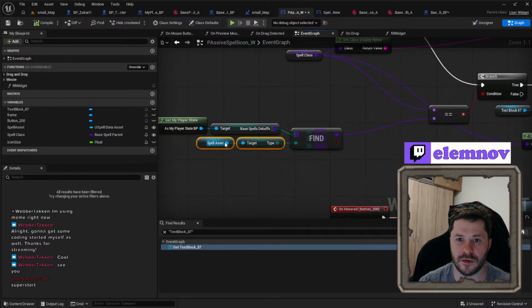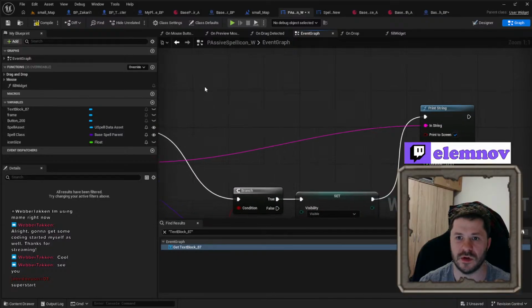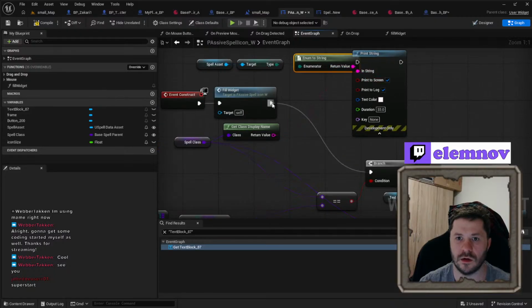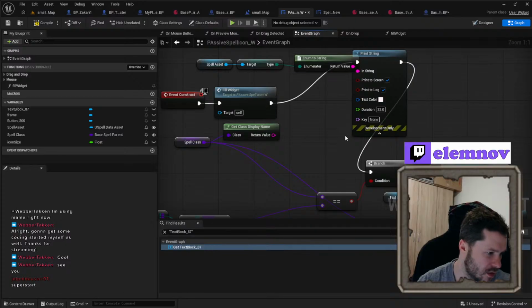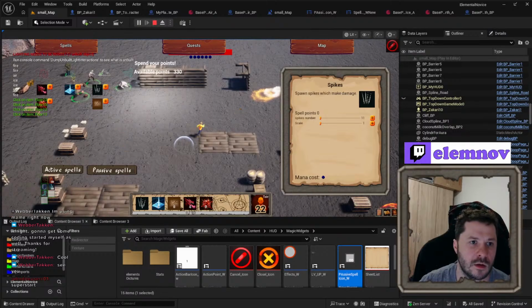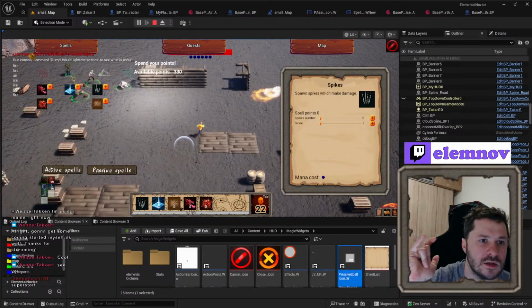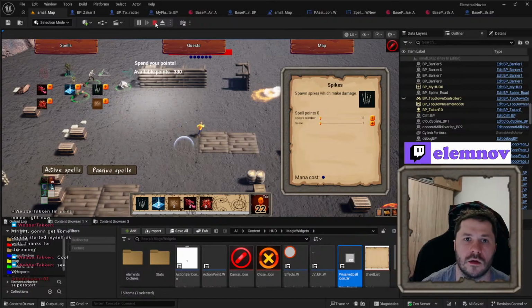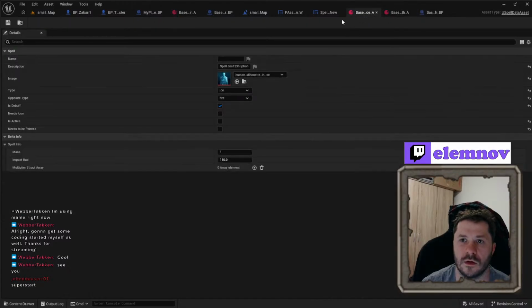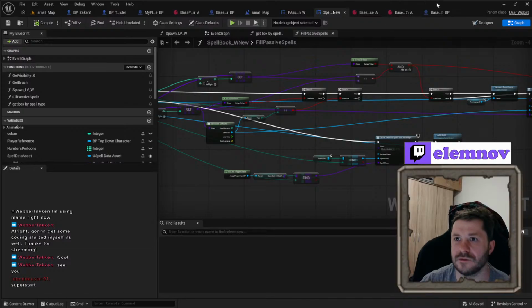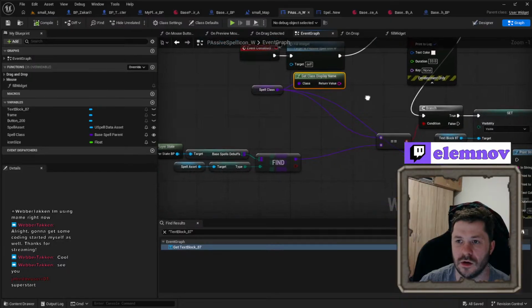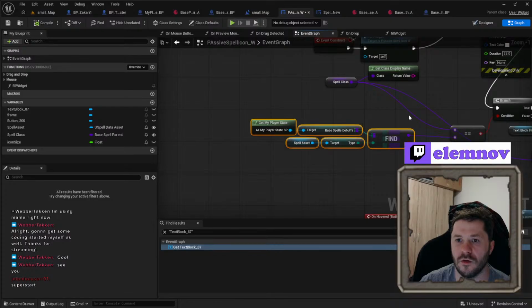Find spell type. Spell type. Let's print this. Fire, fire, air, ice, ice, fire, fire. Okay. There should be 4. I mean, no. 4 true